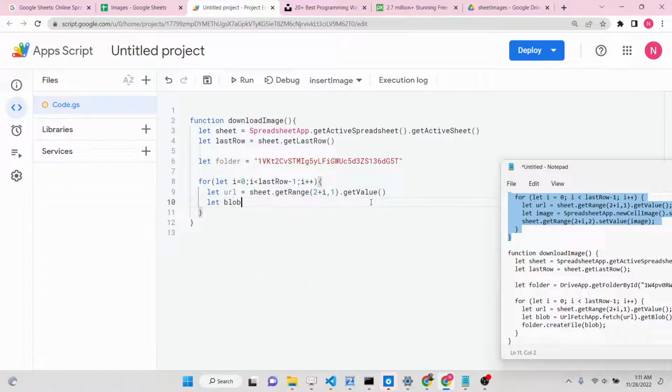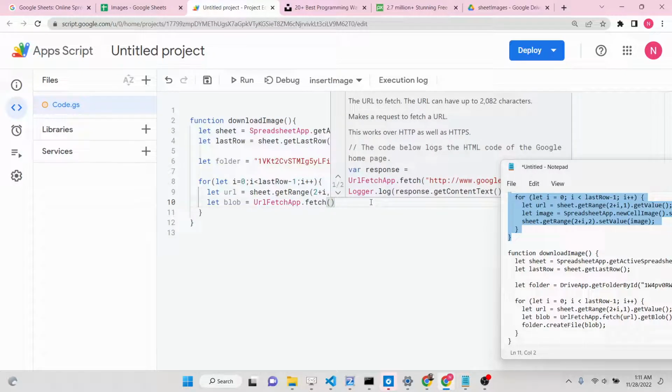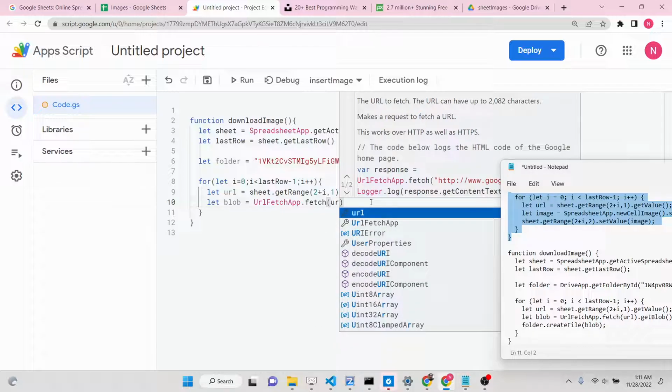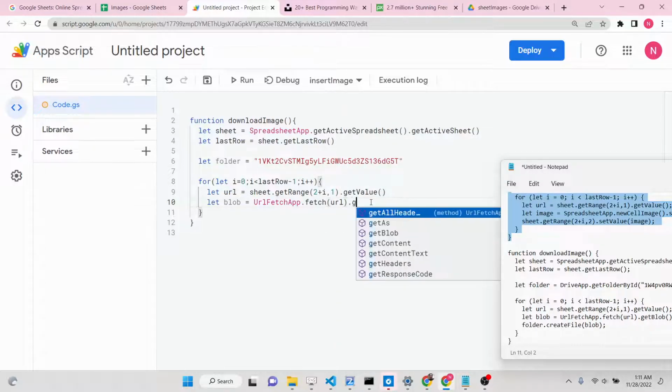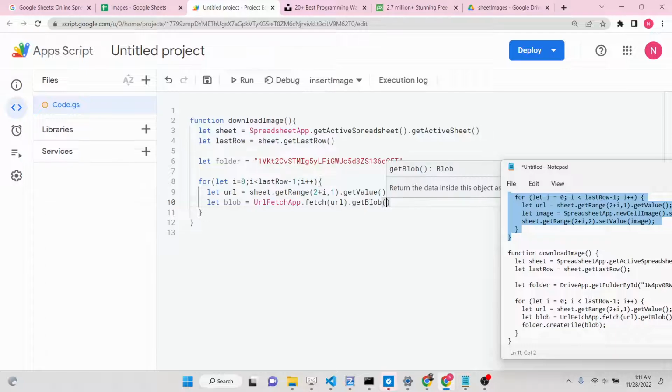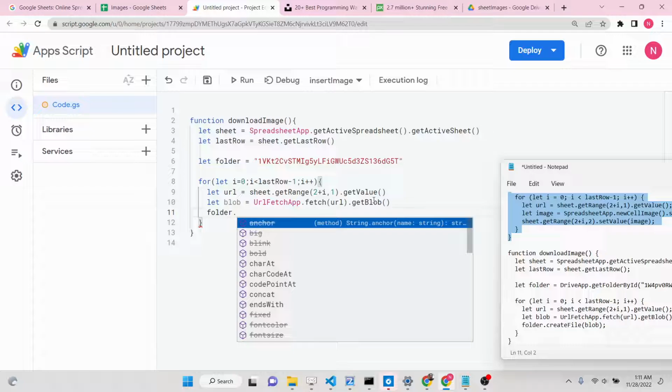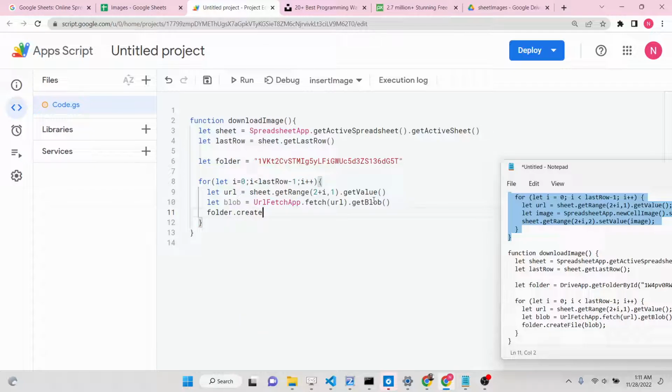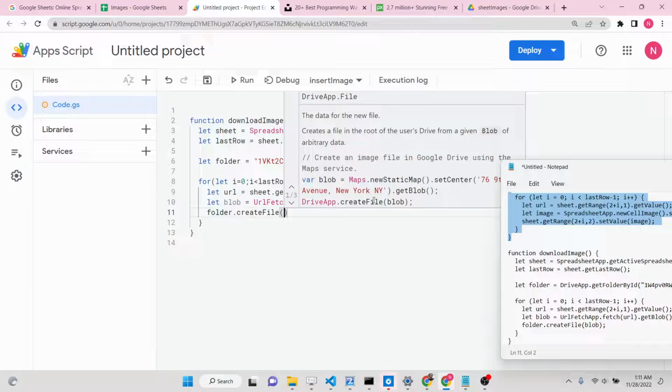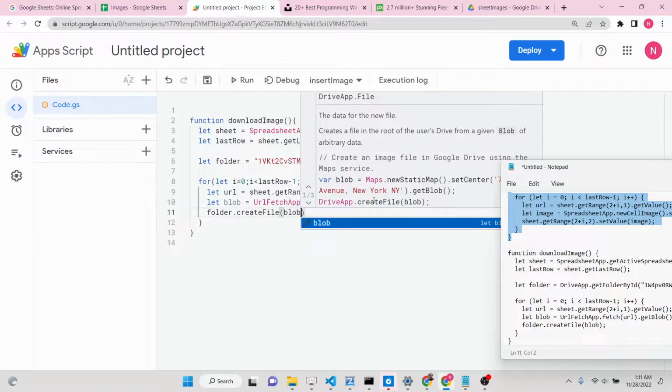After this we need to convert this to a blob object, guys. So whenever you are downloading images into a folder, you need to convert them into a blob. For this we will use UrlFetchApp inside Google Apps Script. It contains this fetch method, and basically it fetches the URL. And now in order to convert to blob, we have a function called getBlob. So this returns the data as a blob, and then we can simply transfer this into the folder, folder.createFile,